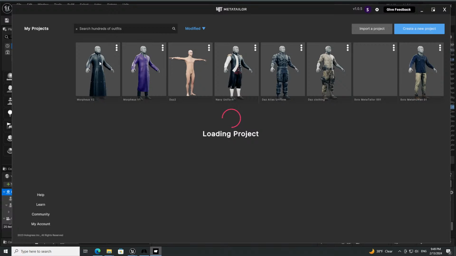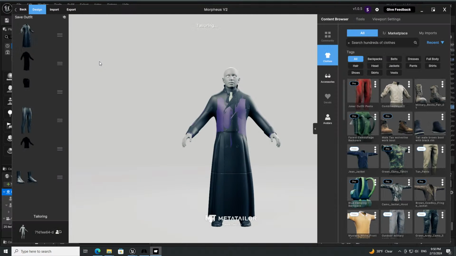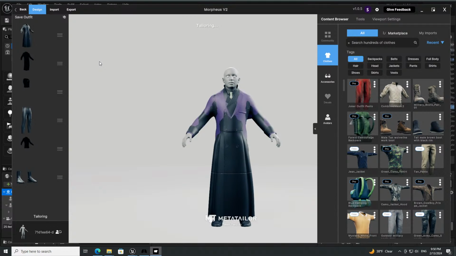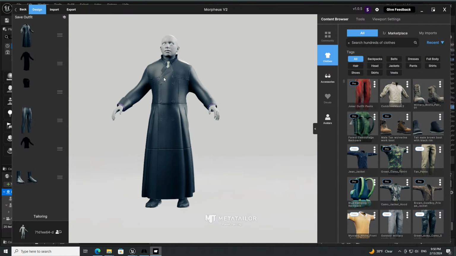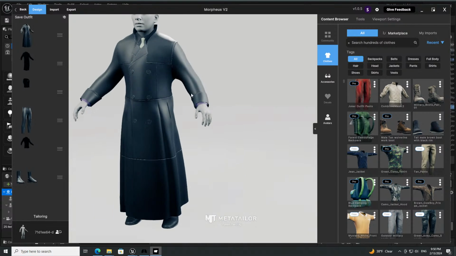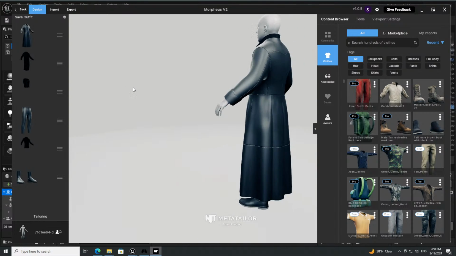I'm going to try to do more of these, but this is mostly behind the scenes of this particular short film. As promised, when I did the poll, I did promise that I'll show you behind the scenes of how this is coming together. So in MetaTaylor, I have this character,